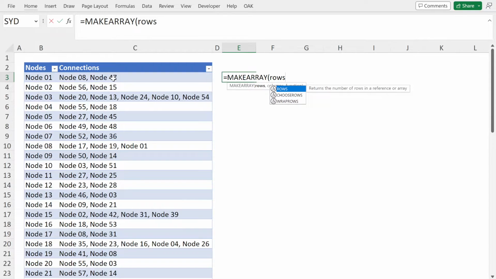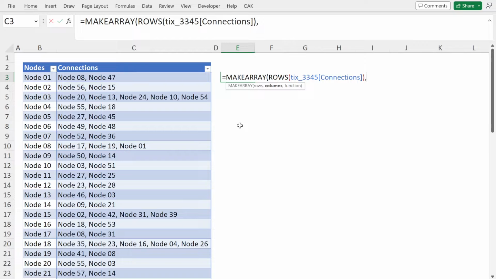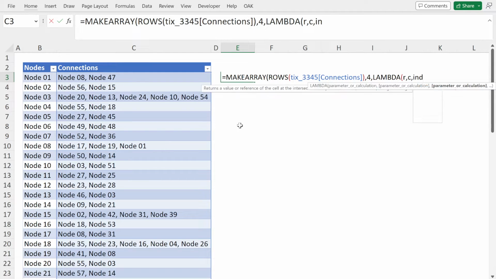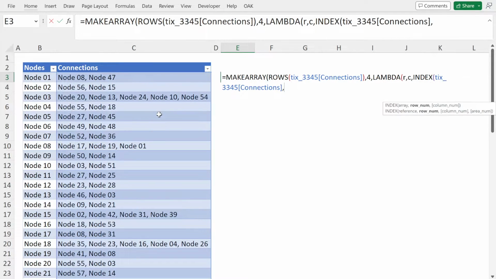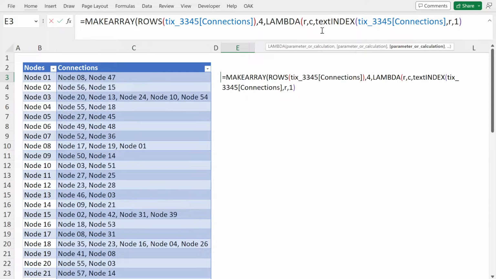So we're just going to say rows of this. And for now, let's just say we want 4 columns, and I'll come back to that in a minute. Then again, lambda RC, it's a function of the row and the column. So I'm going to index on this, comma R in that row, and then I want to TEXTSPLIT. And sorry, I'm not going to get into why, because this video is otherwise going to be too long, but I'm going to put a comma 1 there because sometimes with arrays you apparently need to be more specific than just